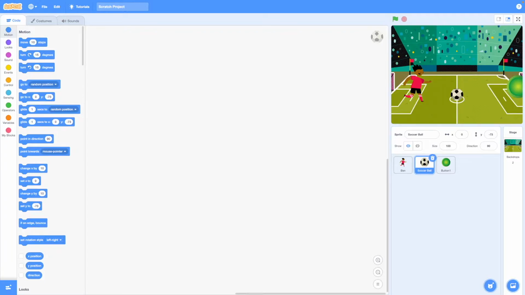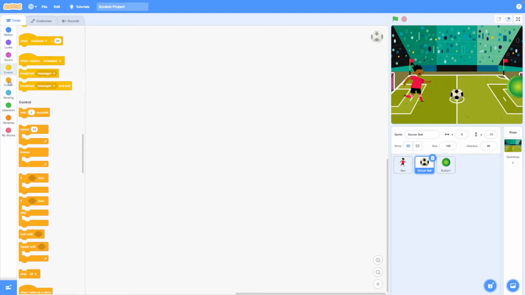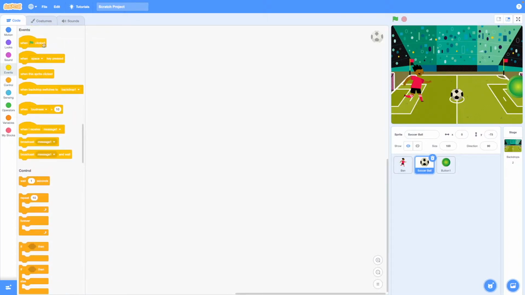Firstly, we need to put in the time. How do we put the time? So the time, we need to create the variable actually. Okay, control, when, event. When click,